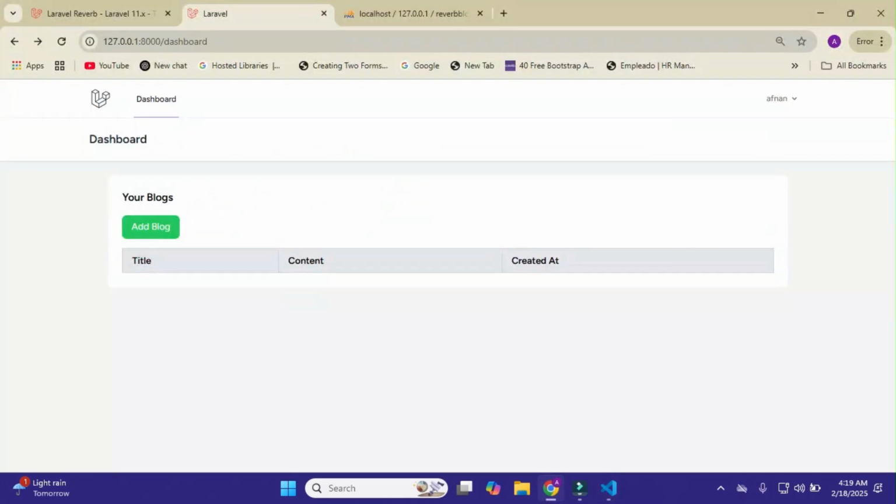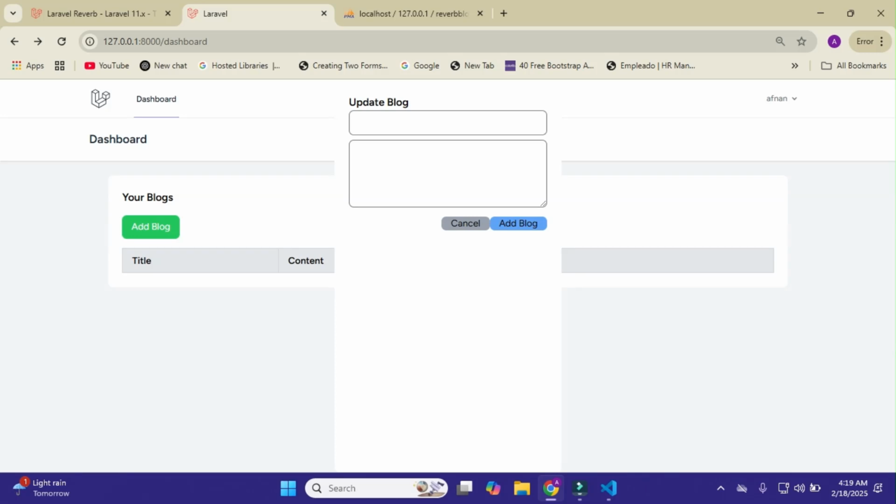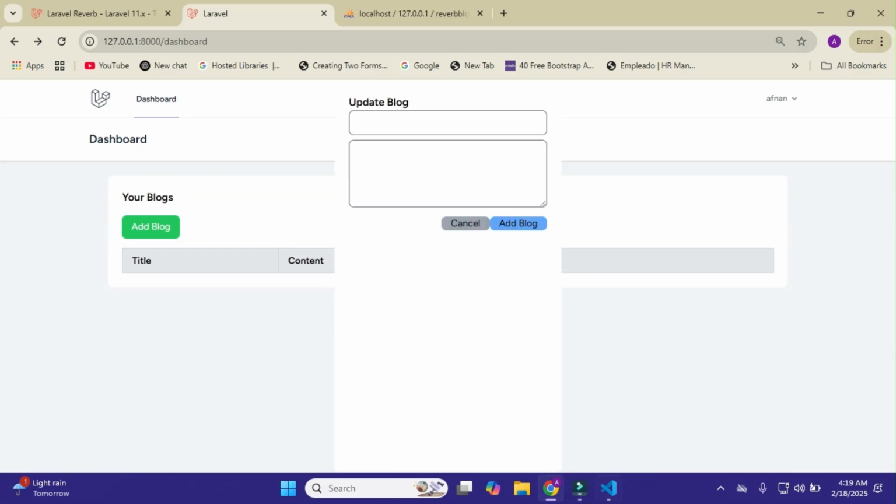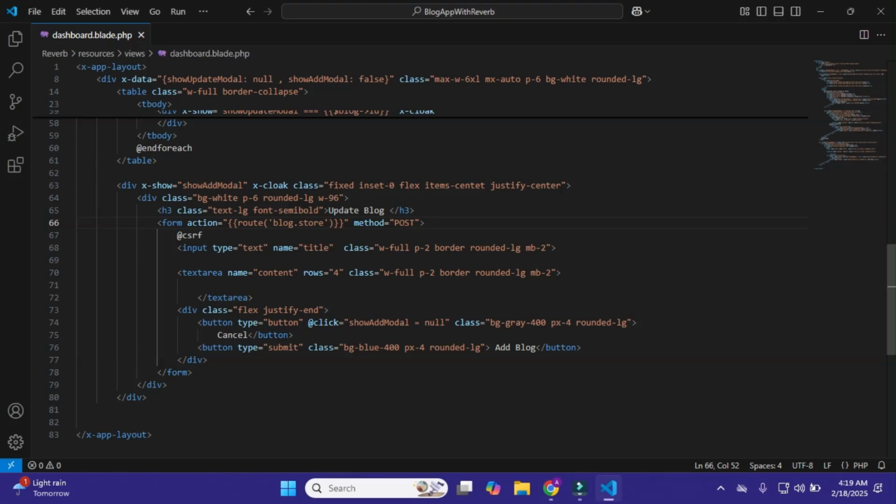Now I'll go to the browser, and here you can see it shows me this, sorry, this add blog, and we also need to change it here, add blog, and div x-model fixed inset, and bg-black.